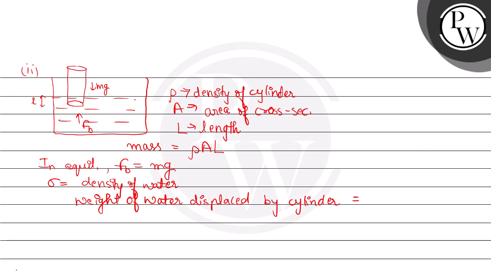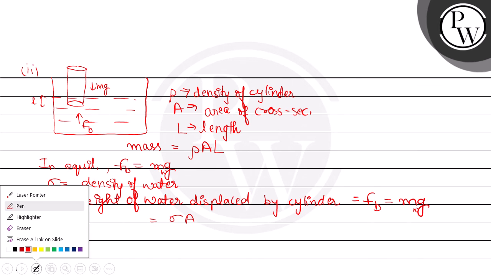This will be equal to the FB, that is buoyant force, which will be equal to mg. Here m is the mass of the water. So we can write m will be equal to sigma into A into